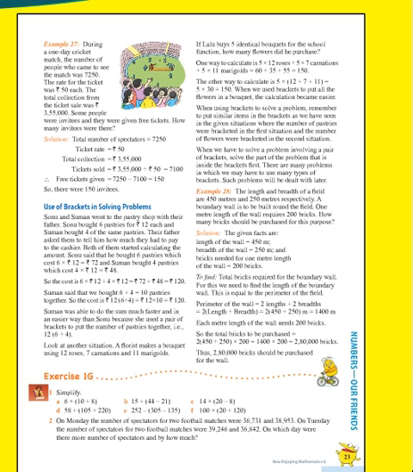Okay. So take out page number 23 in your math readers. See here, use of brackets in solving the problems. Let's see, by one example we can understand it. Sonu and Suman went to a pastry shop with their father. Sonu bought 6 pastries for 12 rupees each. The price of each pastry is 12 rupees.